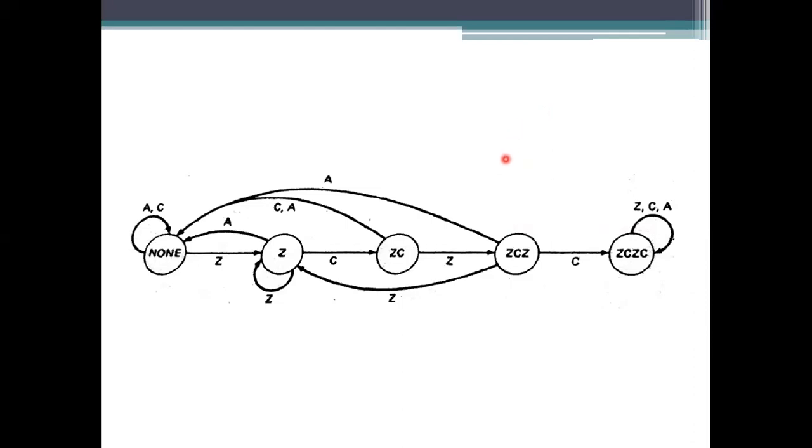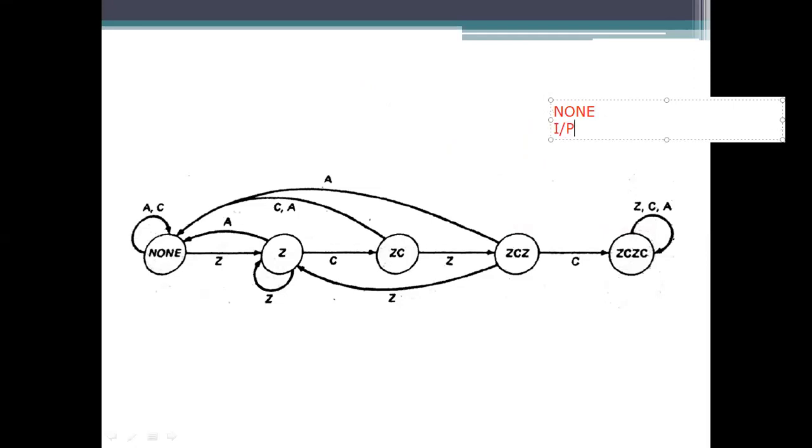Here there are no names for the states 1, 2, 3. So the state where I am starting is the none state. Here there is no device name, we are accepting the input value. Before accepting the input value, get the present state. The present state here is none, and then give the input value.